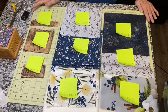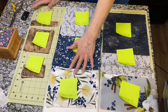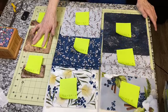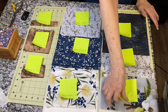But it's lots of fun. It's a tote bag, but it's got a little different elements in the way it's put together. So I have everything laid out here cut to the size of pieces that I need. So I got this